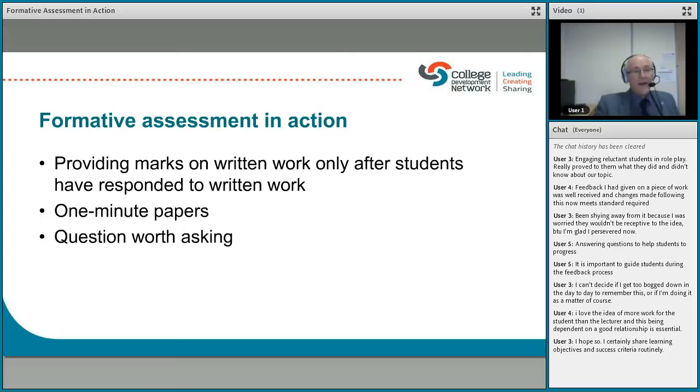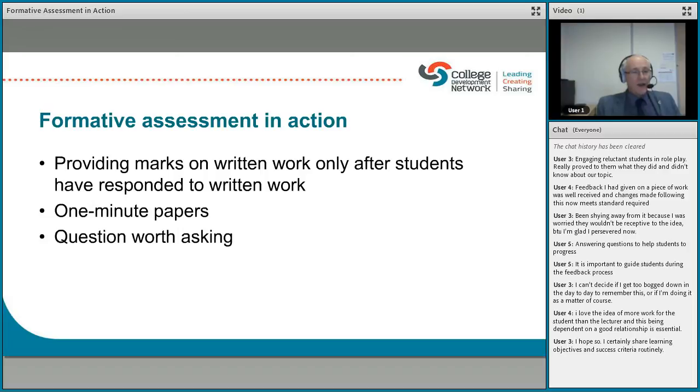And then my final one is on the slides there. This is quite powerful: providing marks or pass-fail on written work only after students have responded to the comments that you have provided on their written work. So you give them the written work back, they read through your feedback, and then you decide or ask them, has this met the success criteria? Has this been successful? One minute papers, I've put that in because that's a natural and intuitive